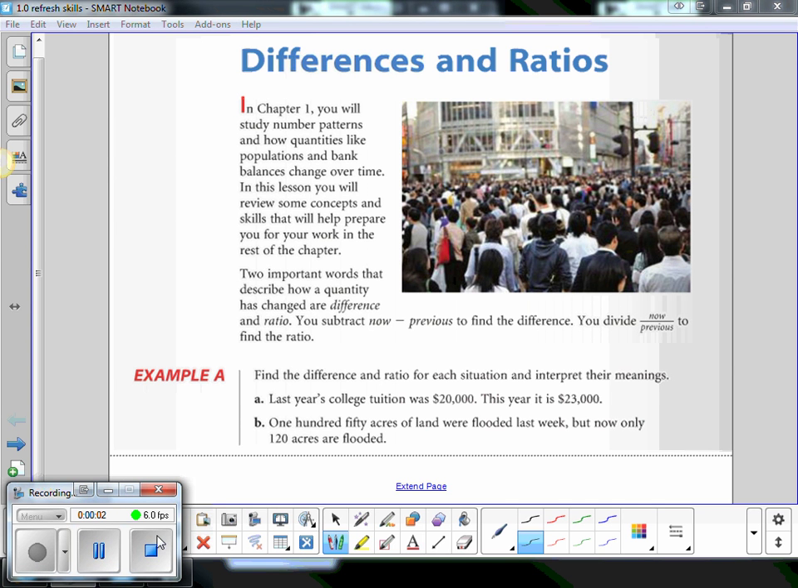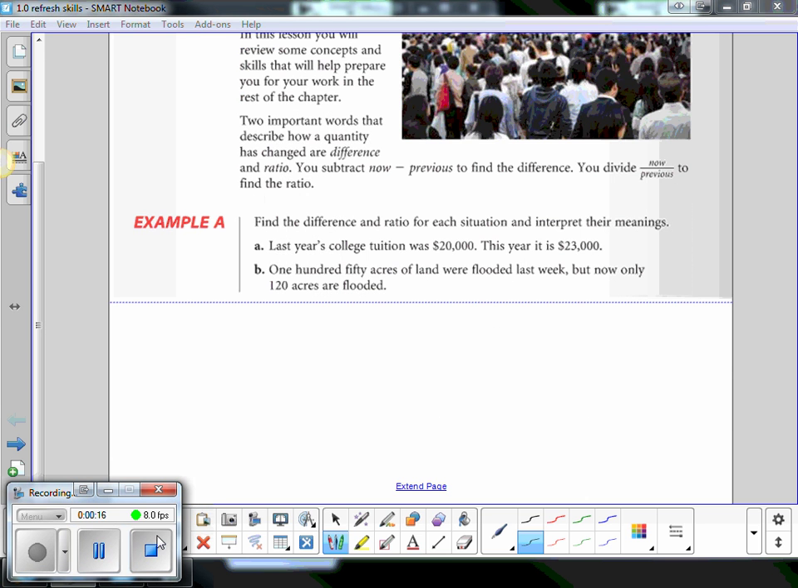Class. We're on lesson 1.0, refreshing our skills and getting ready for Unit 1 as a whole here. We're going to practice finding the difference and finding the ratio between two items. So we'll start here with example A. It says to find the difference and the ratio